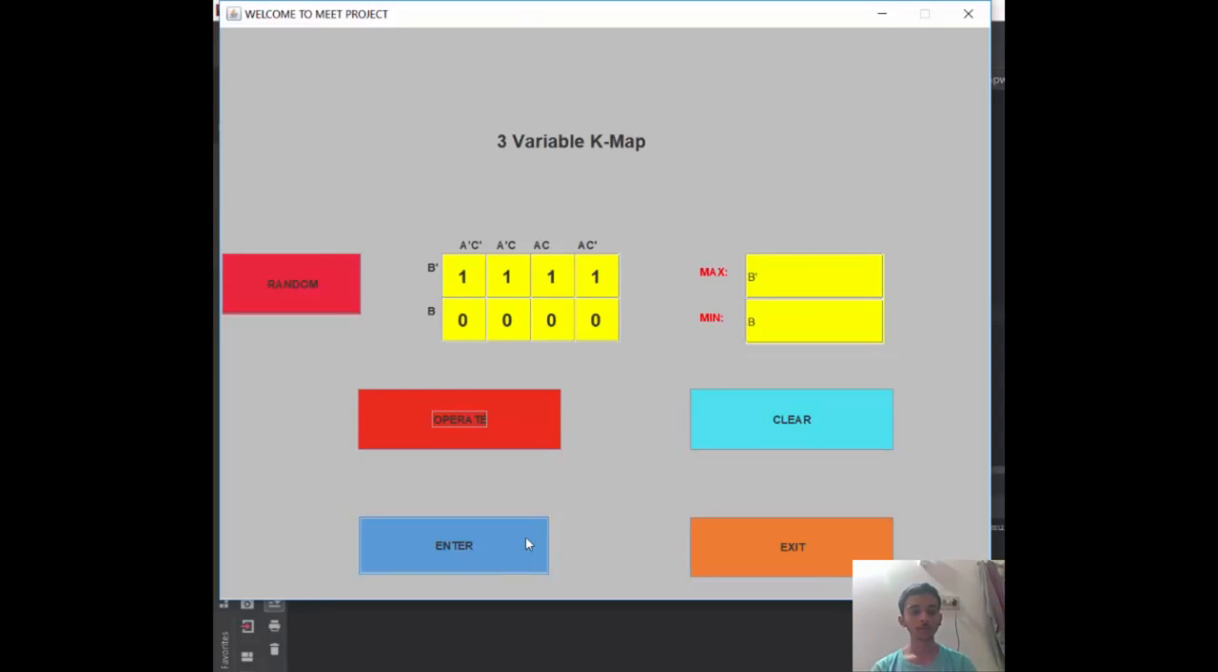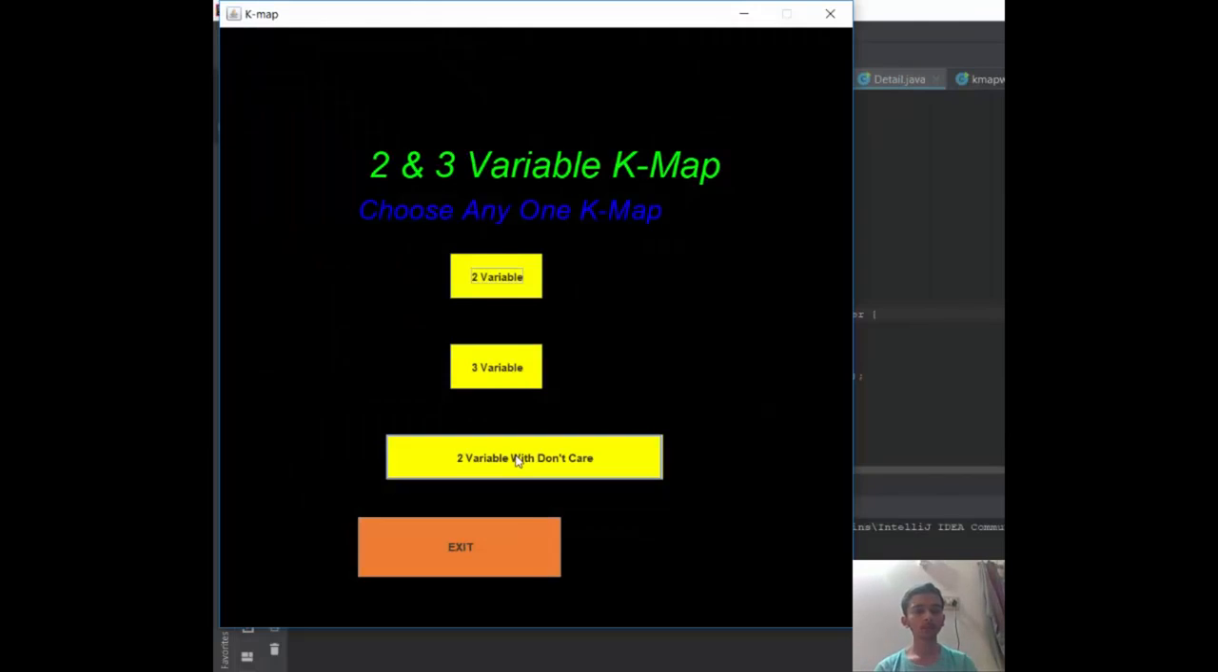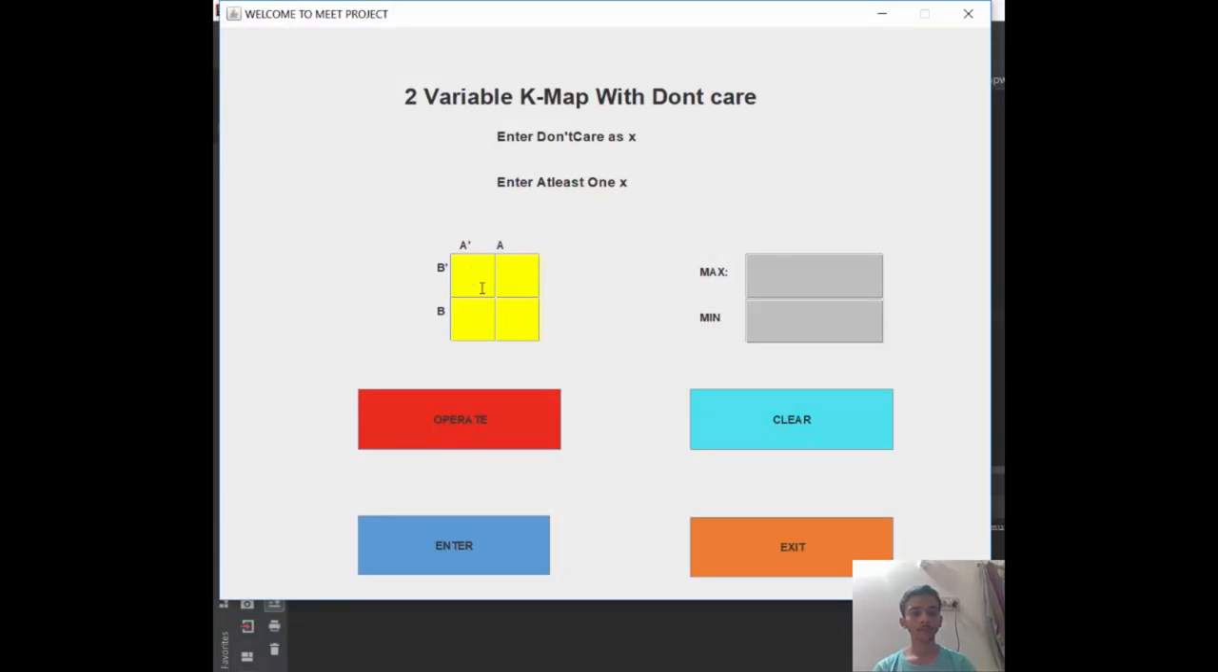Now we are going to proceed to the next, which is basically a 2 variable K-map with don't care condition. Here the user has to enter at least one don't care condition. I am giving one don't care condition and some random values. You can see that here is the answer. It is basically 1 for this pairing and 0 are paired with this don't care condition, and the answer gives B bar of min term. Now by clearing the screen, giving other random values,